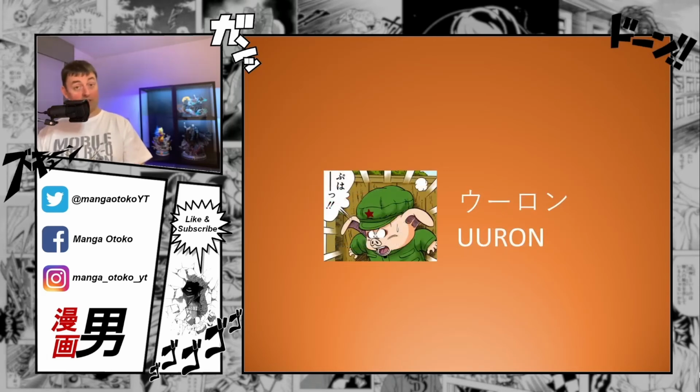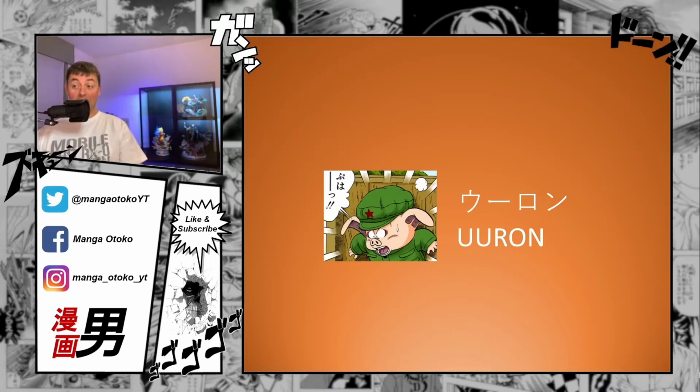One of their first foes they encounter is Ulong. Now Ulong, as you can see, is a little bit funny because it's a pig wearing a Chinese communist costume. Now, I don't think Toriyama-sensei wanted to make any kind of specific social commentary with this, because in the original story of Saiyuki, there is also a man with a pig-like face that is among the main cast. So in my opinion, it's just a copy of that character.